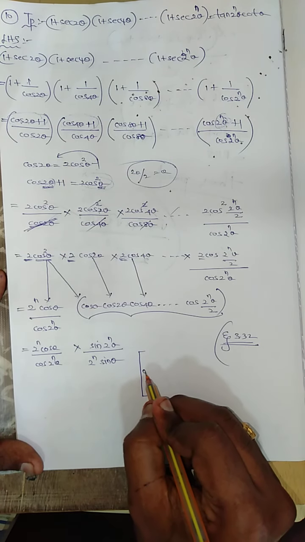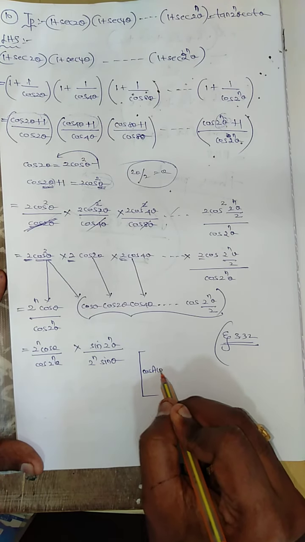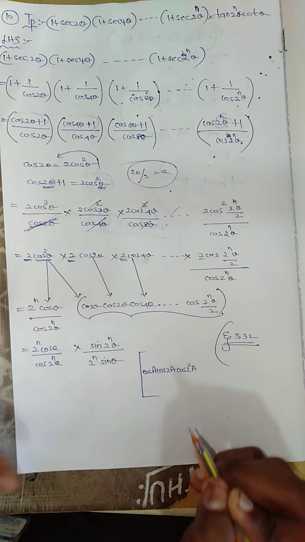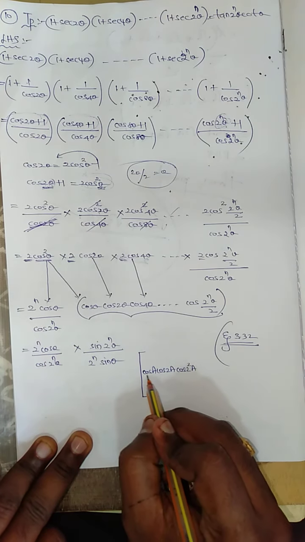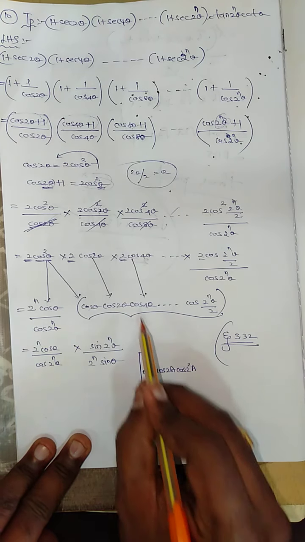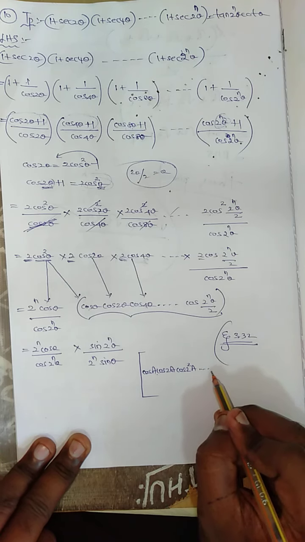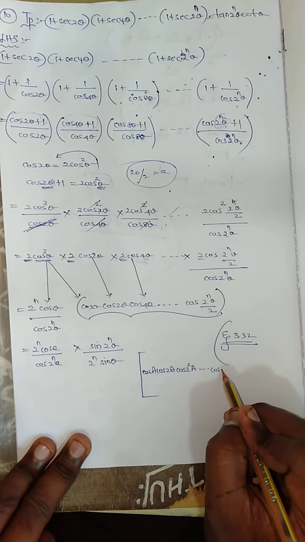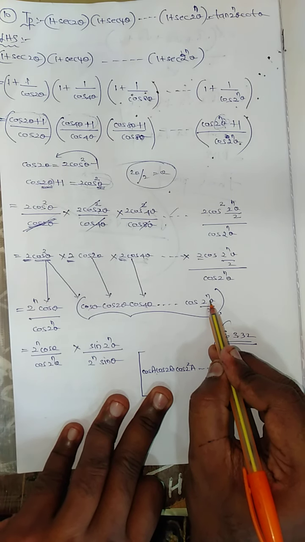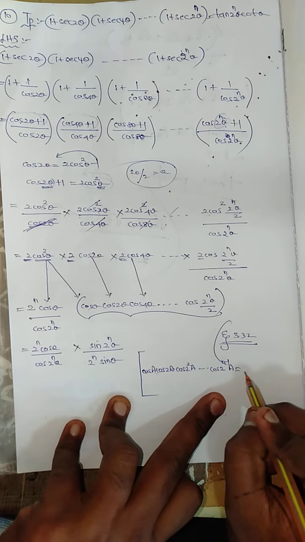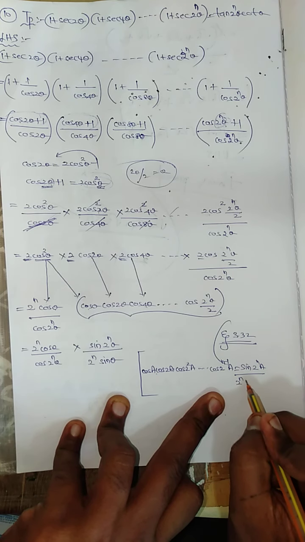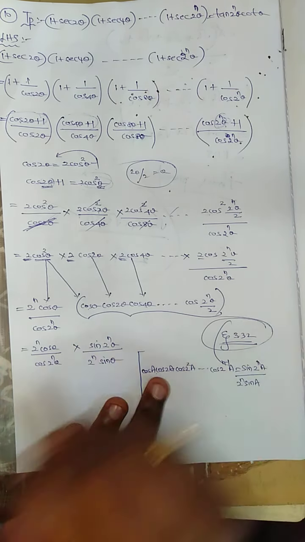The formula is nothing but cos A, cos 2A, cos 4A, since 2 square is nothing but 4. See, cos A, that is cos theta, cos 2A, cos 2 theta, 2 square is nothing but 4, 4 theta, and it goes on. What comes here? See here, cos 2 power n minus 1 A. If this 2 goes above, it becomes n minus 1. So the answer is going to be sine 2 power n A divided by 2 power n into sine A. This is given in example 3.32.